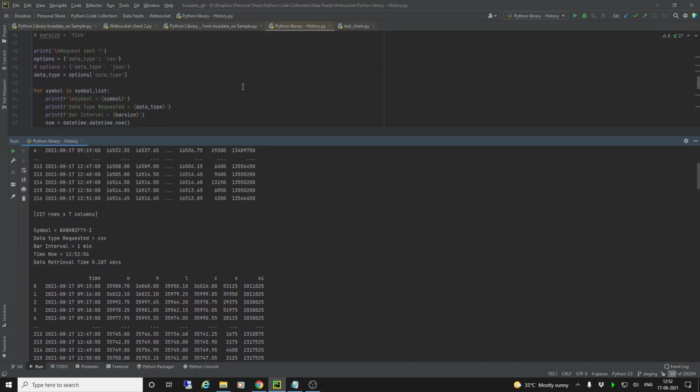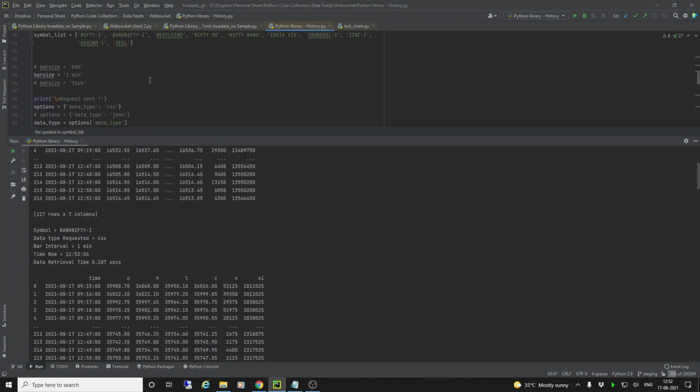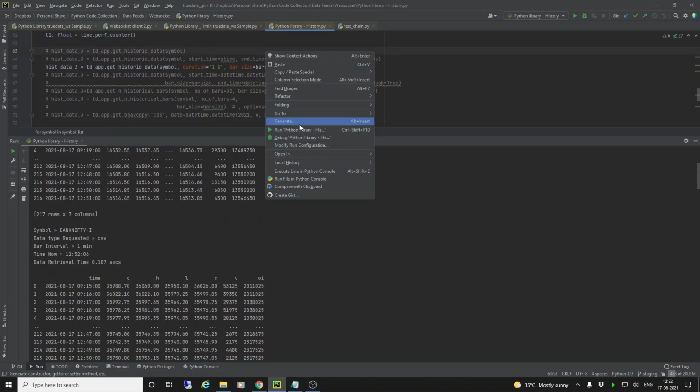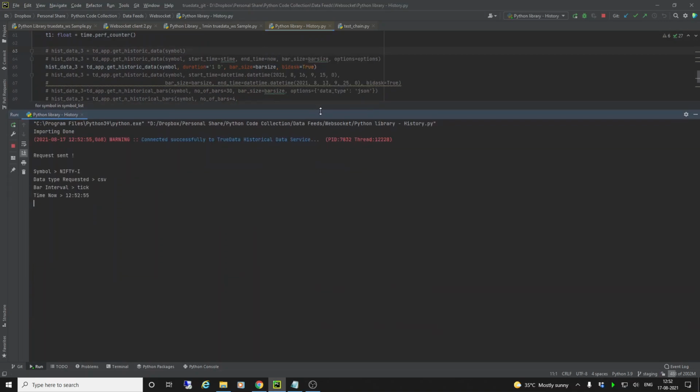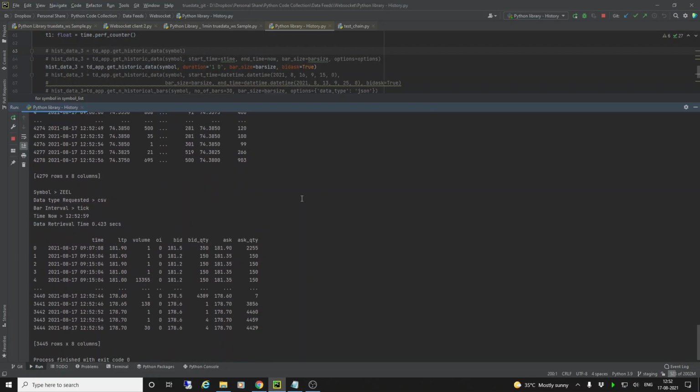And then you can play around with this. You can call tick, and if you call tick, you can make bid ask equal to true. If you have subscribed for the historical data, then in that case, you will also get the bid ask in the tick. Let's try it out once. For all these symbols, indices don't have bid ask, but the others do. So let us get the bid ask of the tick data and see how it is for all these symbols. Bid ask is much bigger. It will take slightly longer time to come.